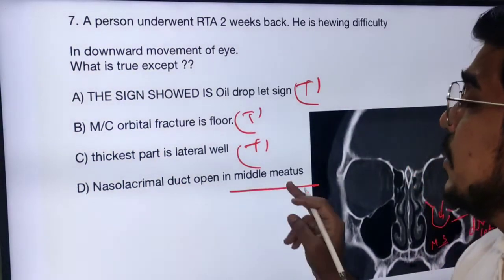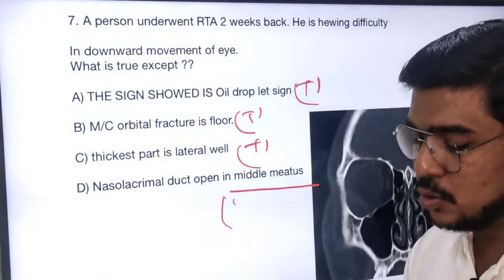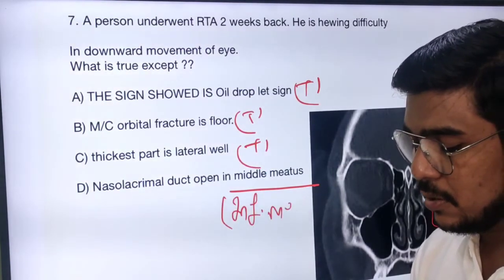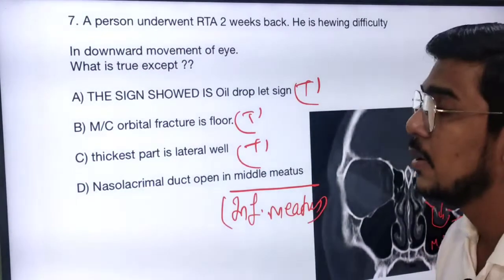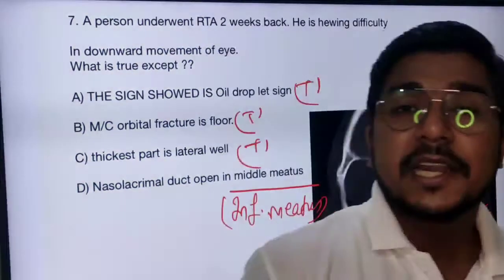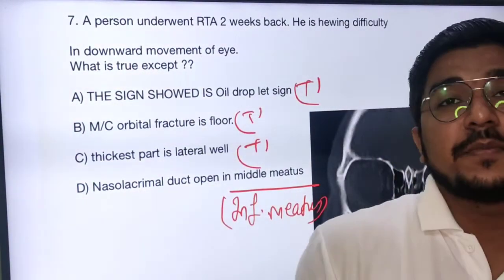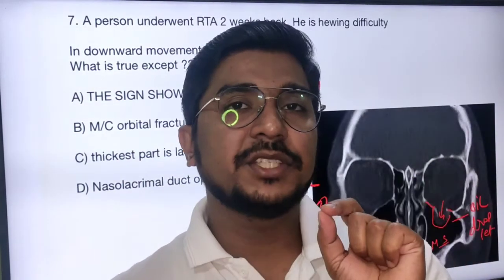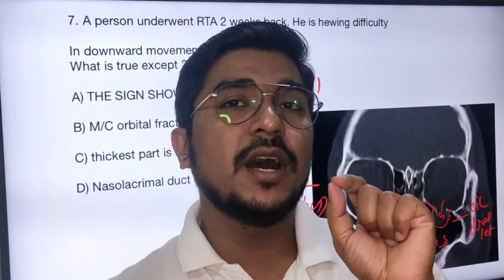That is middle meatus. Instead of middle meatus, it should write inferior meatus. Nasolacrimal duct opens in the inferior meatus. You can confuse it with the middle meatus because in the DCR surgery, we make a communication with the middle